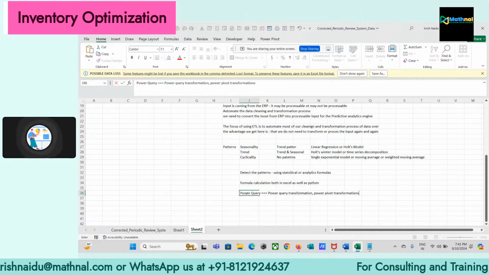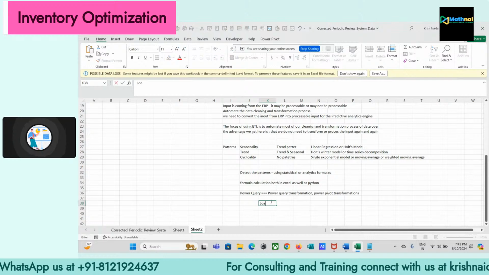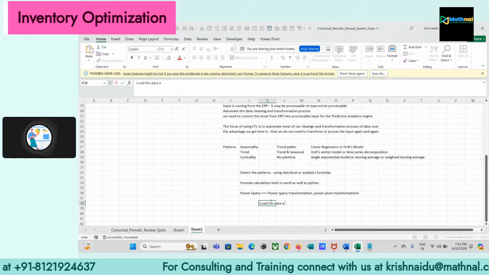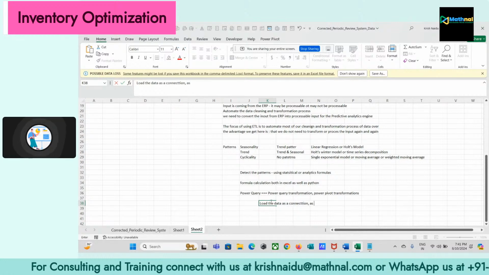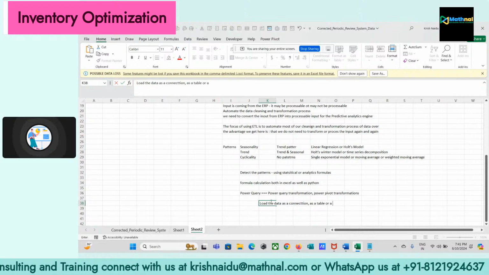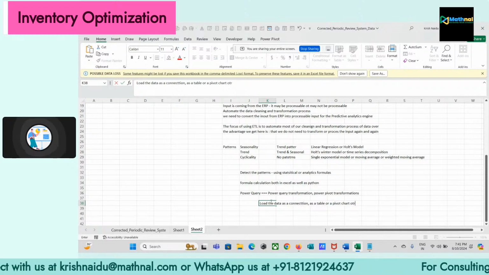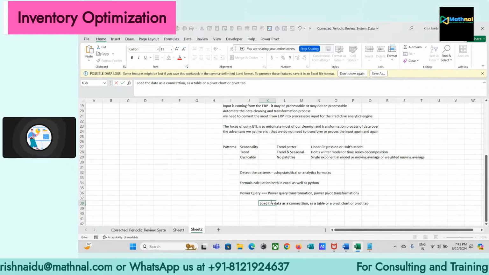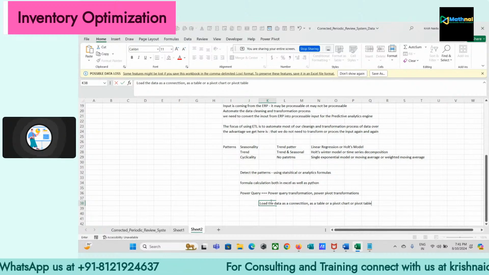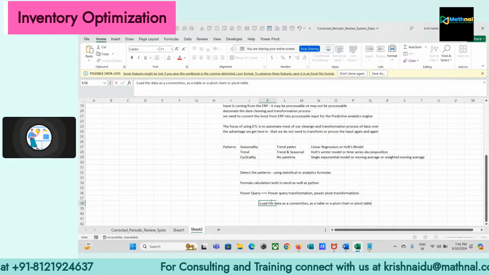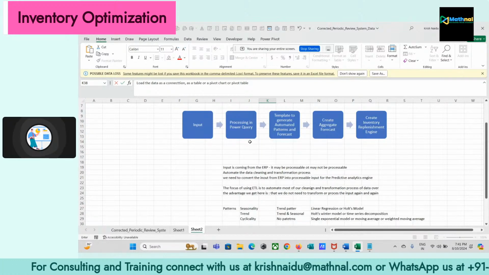So if you're working with a big data set, there are various techniques in Power Query, like if you want to load the data as a connection, or as a table, or as a pivot chart, or as a pivot table. The way you load the data also plays a major role in speeding up the entire process of computing. So Power Query is a very essential tool